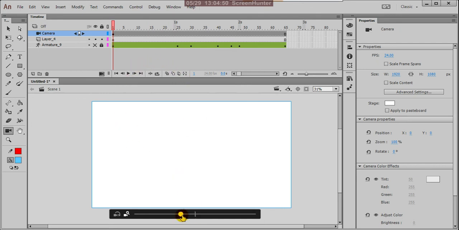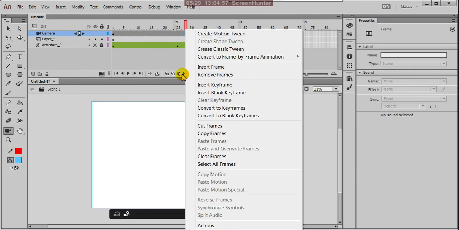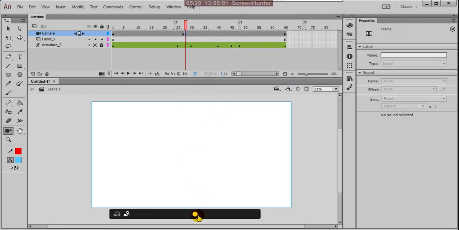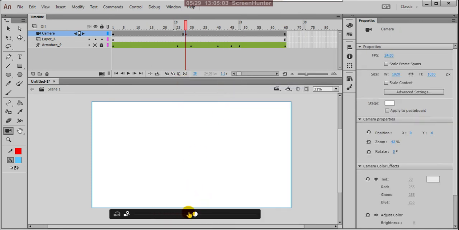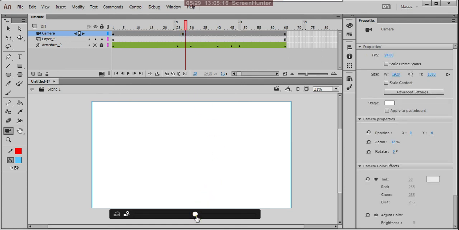Suppose here, see, when you insert a keyframe, this can zoom. In the animation time, definitely I'll explain about that, because in the stage nothing is there.